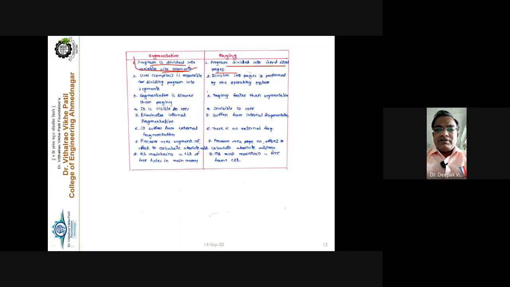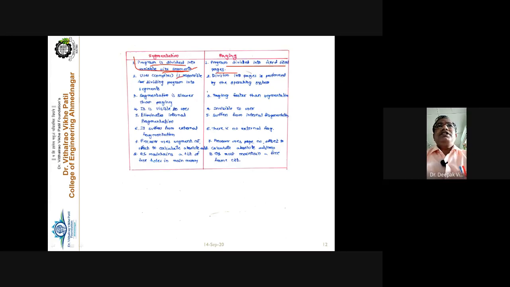No two segments have equal size, right? We can assume that they have the size required by their function. For example, the main function has some size, a square root function has a small size, and a subroutine has the size required by that particular subroutine. So variable size segments are available.